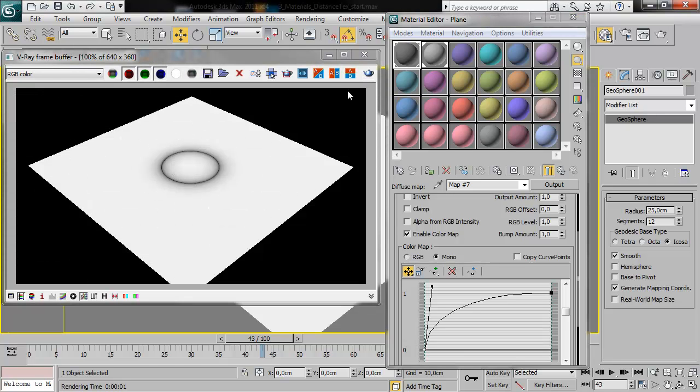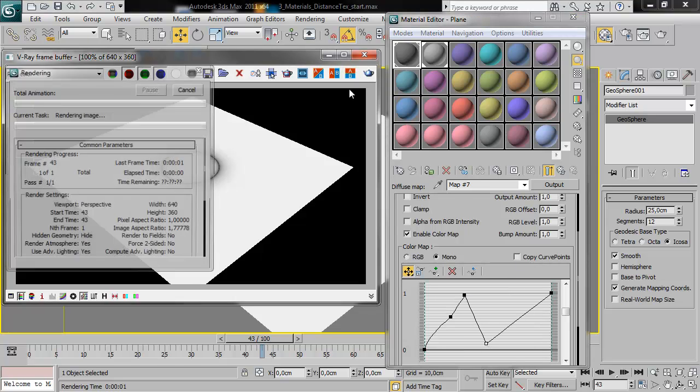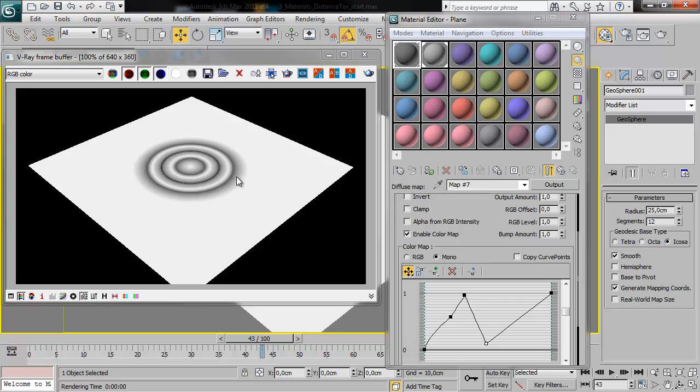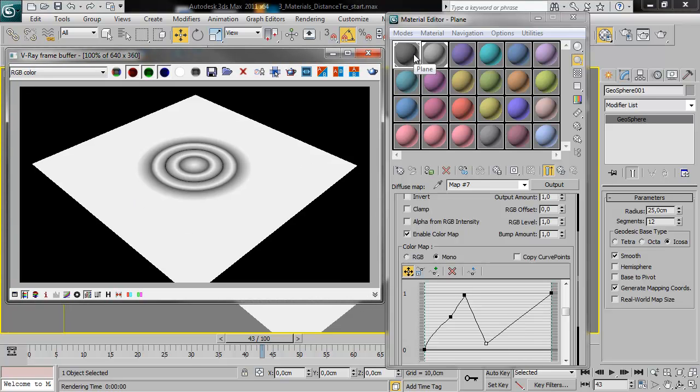And this is really good when you're using this for things like displacement or fur length or grass length or anything like that, because it allows you to go ahead and create just the look you want. You can go in and add multiple points and create just the kind of outline you want. Like if you have ripples in water around an object, you can actually animate these curves. And the beauty of this is that